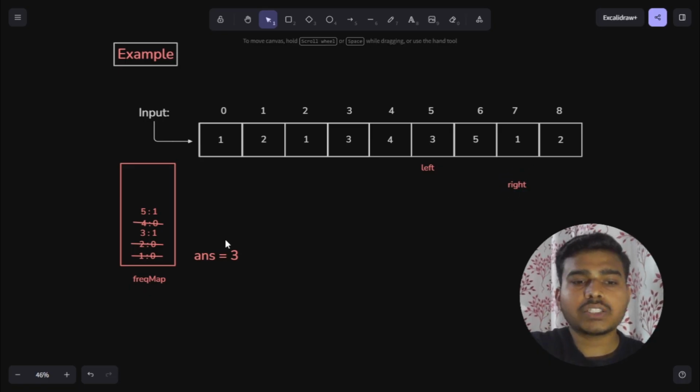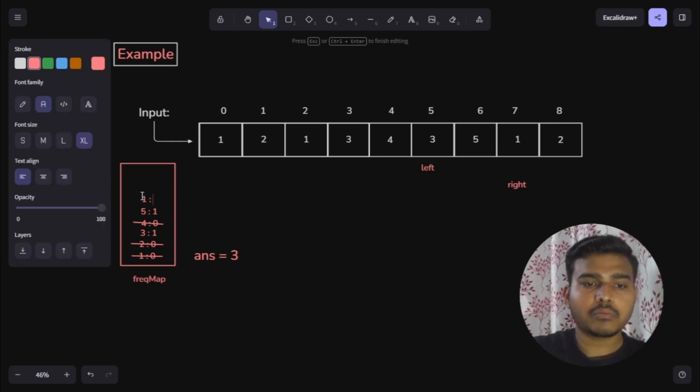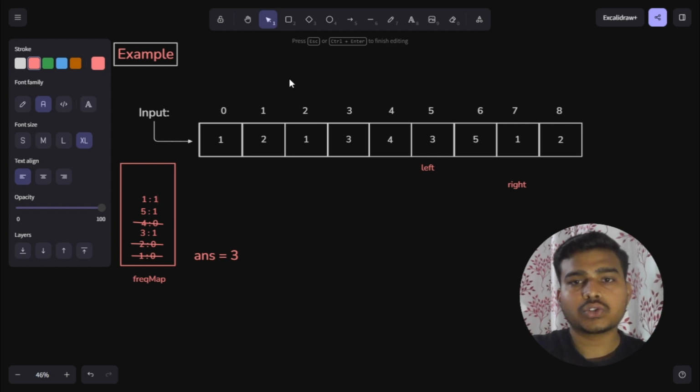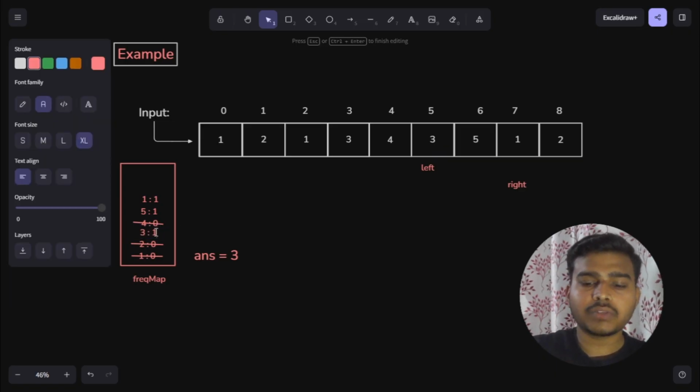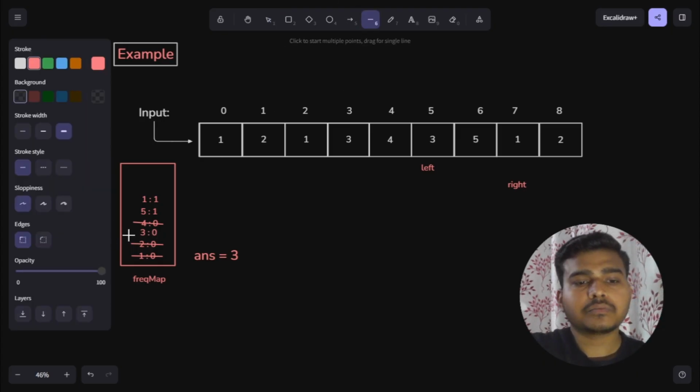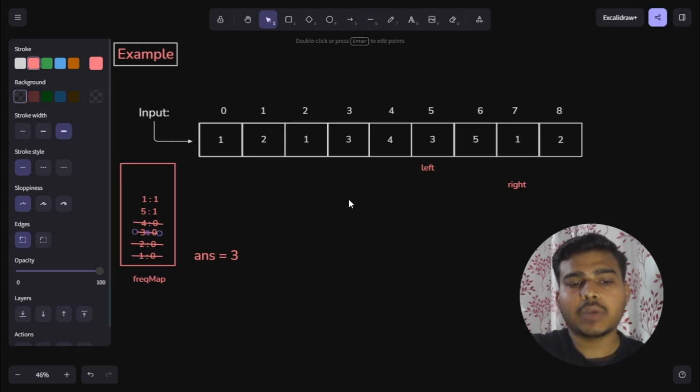So again this 1 will be coming here, and the 1 will be entered inside this particular map, again with its count, so it is for one time. Now again the window is invalid, so again the shrinking will be done, and for this 3 the frequency will be removed, meaning one of the occurrences of it is removed, and it again became 0. So now the key 3 will be removed from the frequency map,